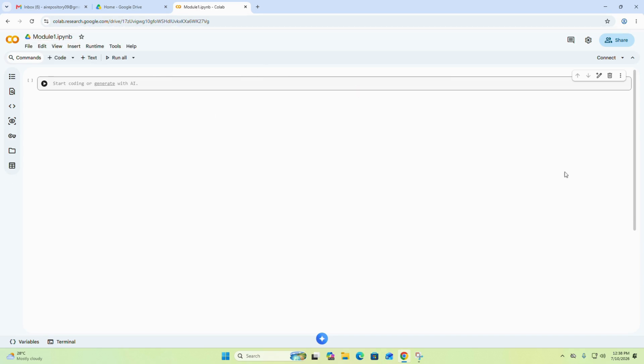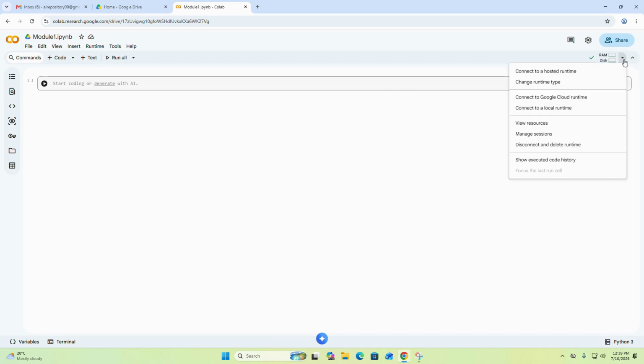Let's talk about the UI of this particular notebook. First of all, we have to connect to the server. As you all know, this is a cloud-based platform, and here the entire code will be executed in the cloud server of Google. For that, we have to connect it. It is taking time. As you can see, the color changes from three orange dots to a green tick. This green tick signifies that Google Colab is connected to the server. Now we can write the code and execute it.